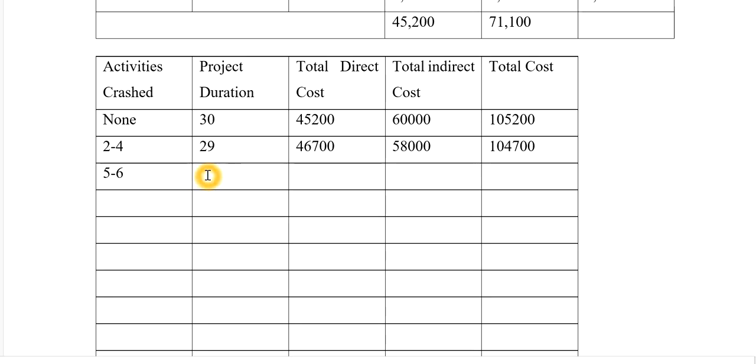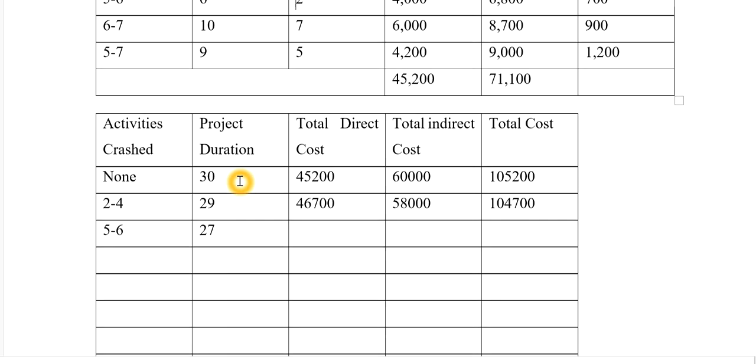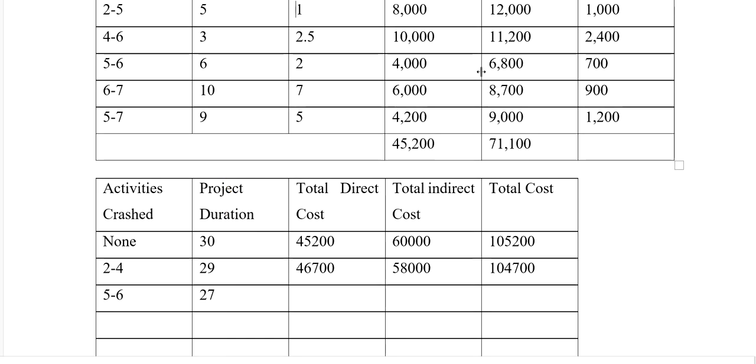So by crashing 5 to 6 activity, the new duration is 27. Now, what was the additional cost for 5 to 6? From 4,000, it was supposed to be 6,800. It means 2,800 more. So I will add this 2,800 to 46,700. So it comes to 49,500. And the indirect cost is 27 into 2000, so it comes to 54,000, like this, and the total cost is